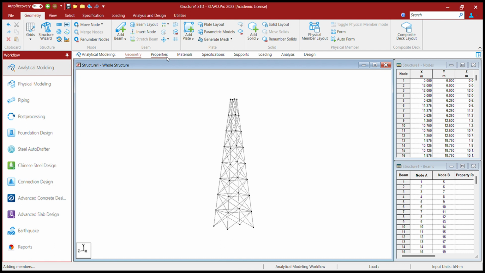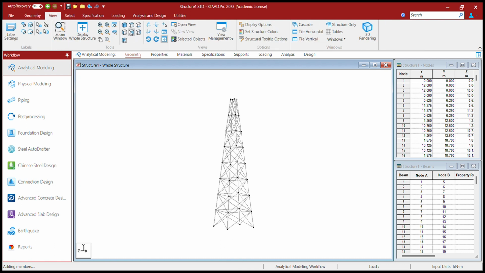Okay, now in this model, first we'll go to